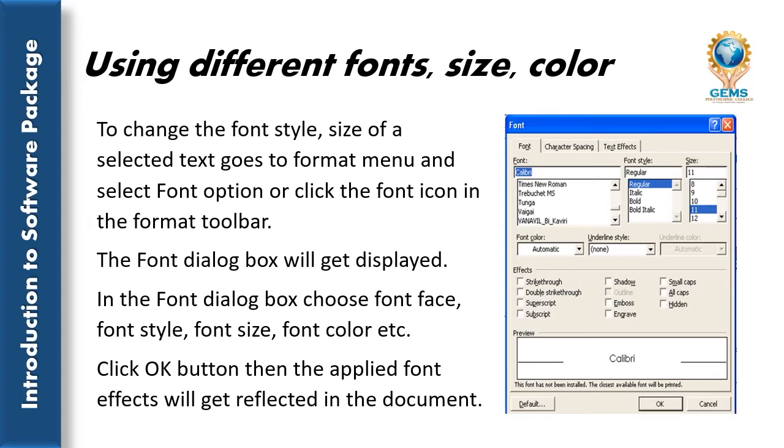In the Font dialog box, choose the font face, font style and font size. You can also choose the font color and click the OK button. Then the applied font effect will get reflected in the document. You can see this image. The image shows the Font dialog box. From this dialog box, you can click on the font option. The font option shows different